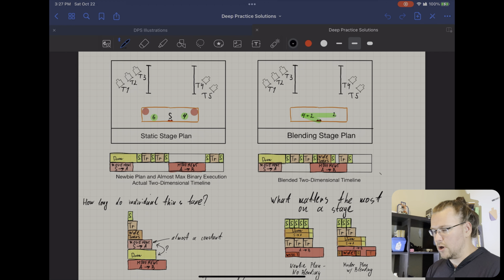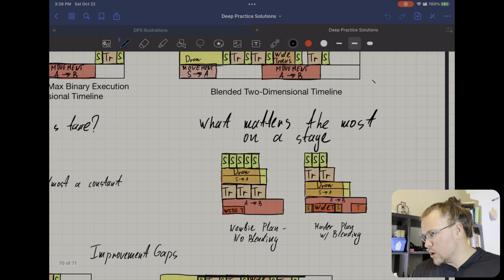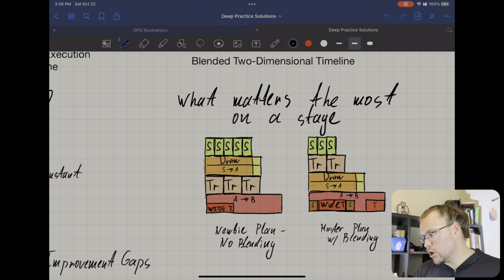If we just take a look at some little nerdery, how long do individual things take? Split is the quickest, transition is a little bit slower, then Y transition, then movement, then draw, then bigger movement. So the first movement is like S to A. Because it's such a short movement and it starts completely static, it can almost always be considered a constant. So no matter what we do, almost every shooter with the same length of legs is going to have the same thing. Now, what actually matters the most on the stage is